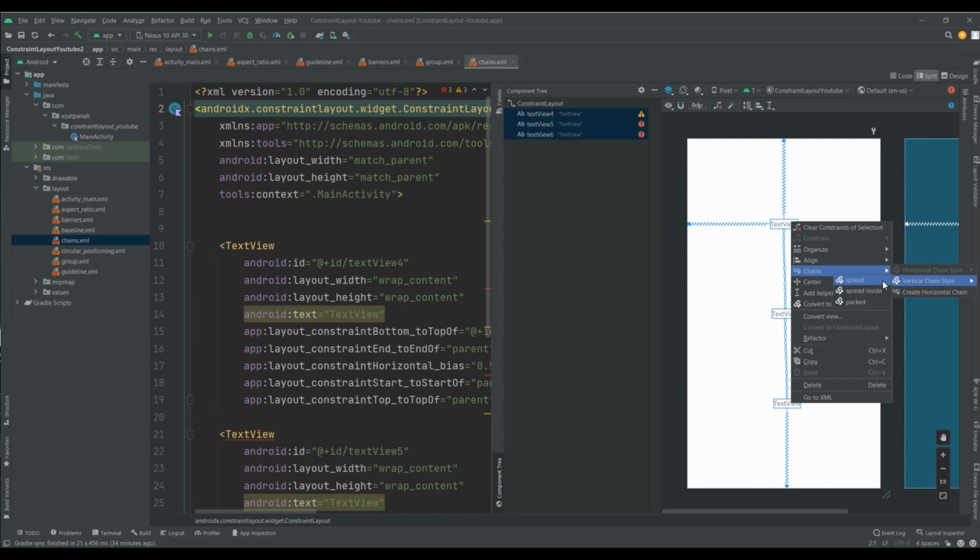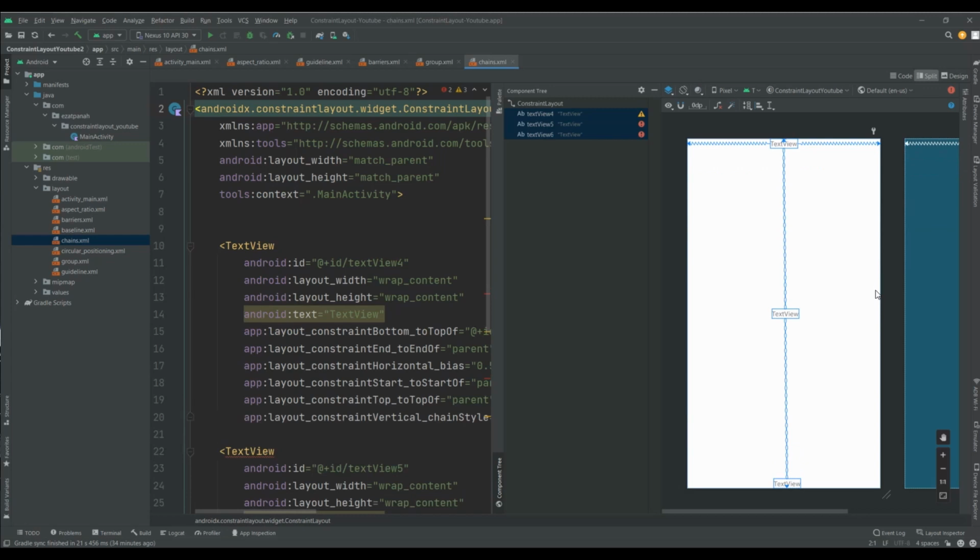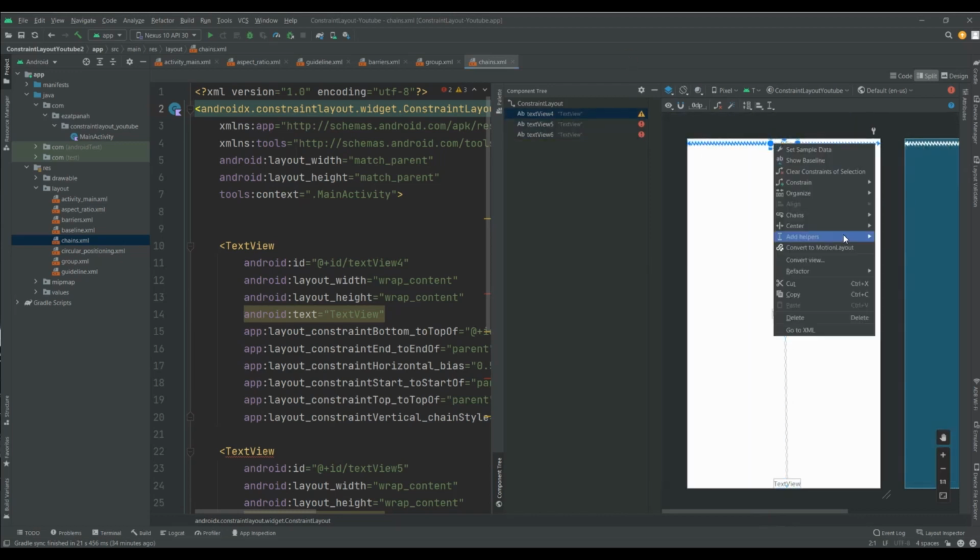And the other one, spread inside. The next mode, this one, which snaps the outermost view in the chain to the outer edge, and then positions the remaining views in the chain at the equal interval within available space. Here you can see the result of this mode. And also the other mode